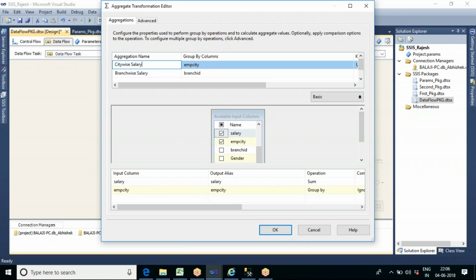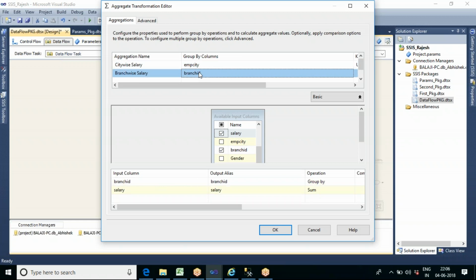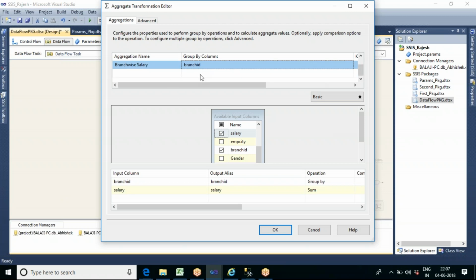If I select this, it shows the city wise salary, and if I select the second row, it shows the branch wise salary. Like that I can include n number of pipelines, not only two, 10, 20 as per your requirement.